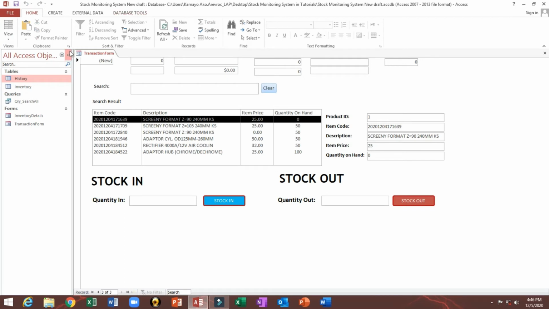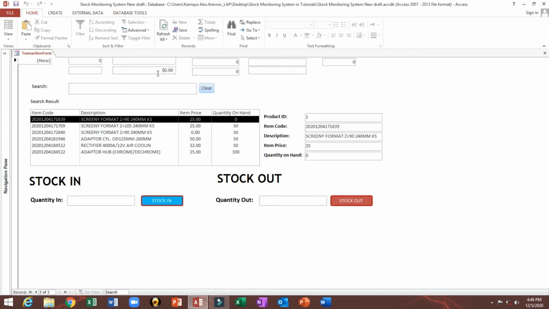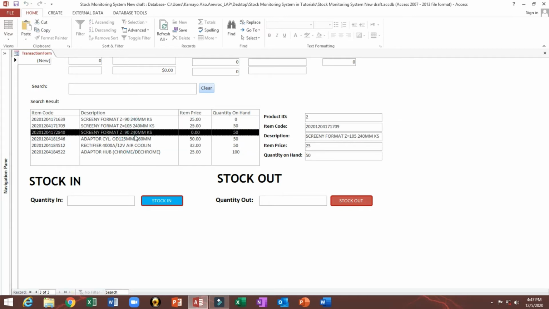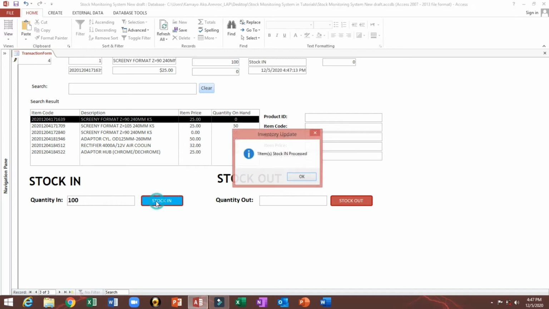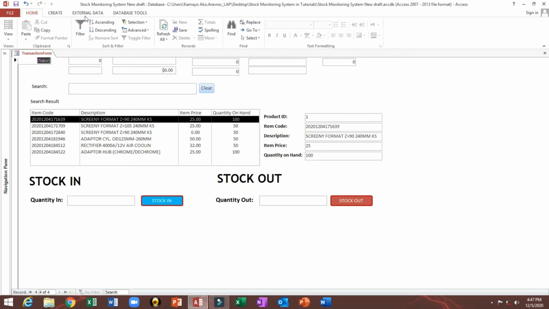So now it's clear, we can record or log whatever the stock in. Again, I will add another to make this one. I will put 100. Okay, now it's clear. So since this one is now working fine, we need to get rid of this one